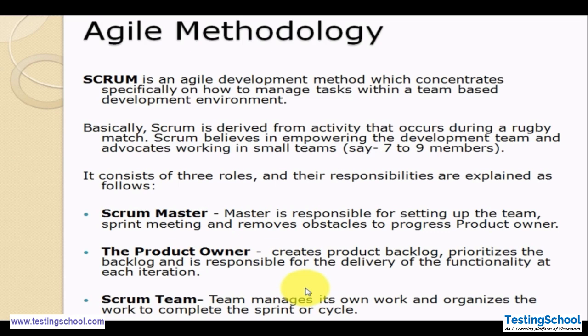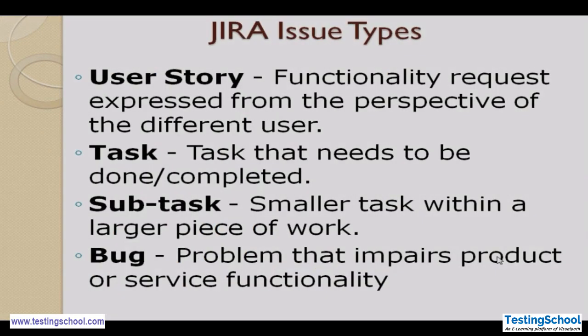So in our agile model, we have the Scrum Master, Product Owner, and Scrum team. These are the three major roles, or major criteria, to create a team that follows the agile model. In further videos, we will cover what is product backlog and what is sprint backlog. We are going to see how many